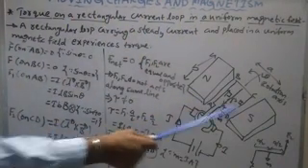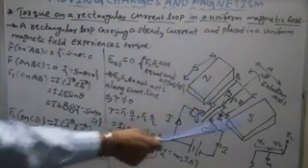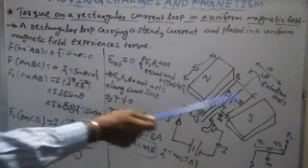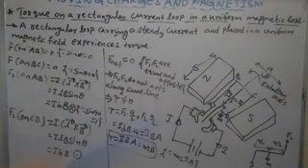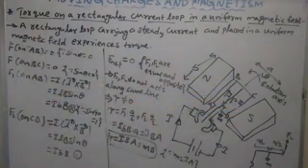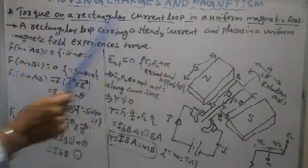The uniform magnetic field is produced by the north pole and south pole of the bar magnet. Magnetic field lines move from north pole to south pole. So your magnetic field is a uniform magnetic field. The magnetic field lines are parallel to each other. The magnetic field is uniform.